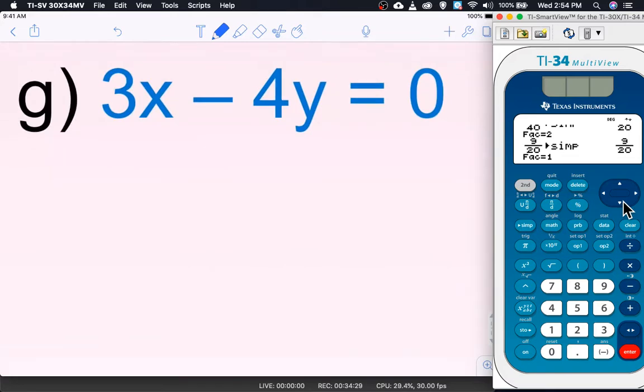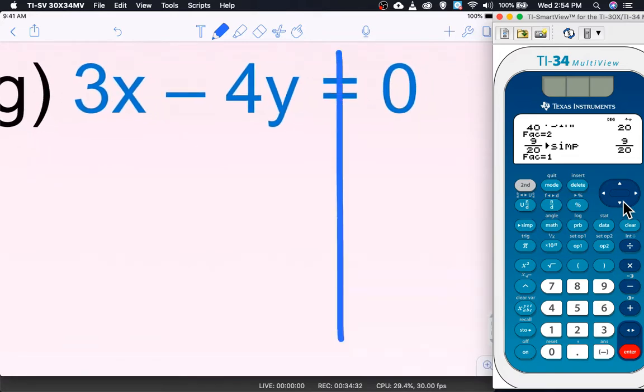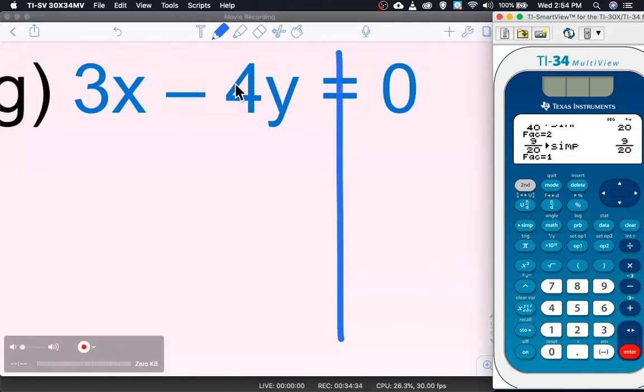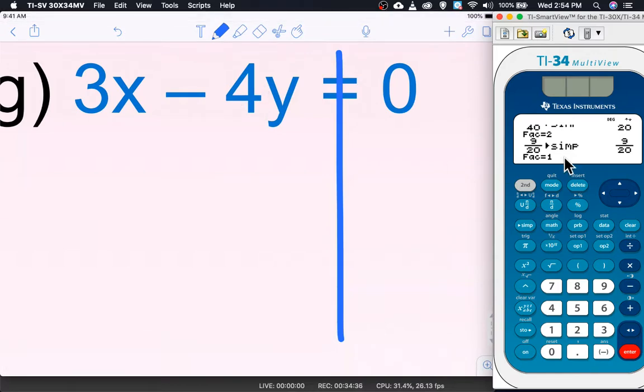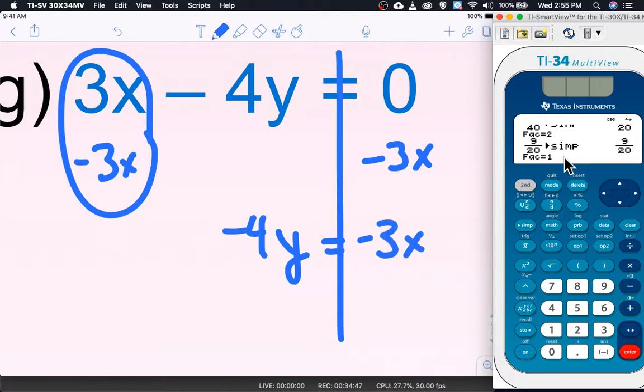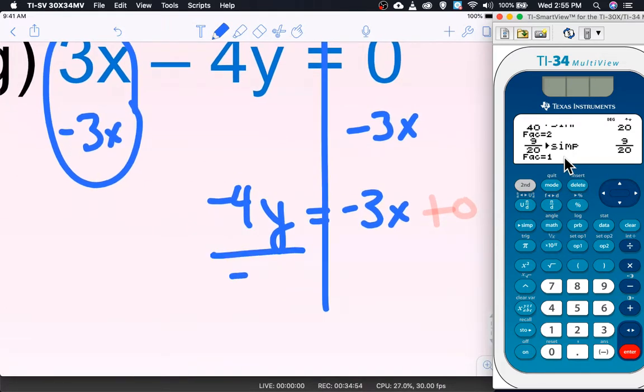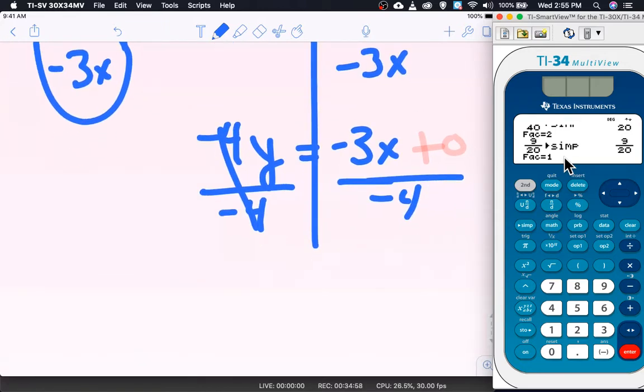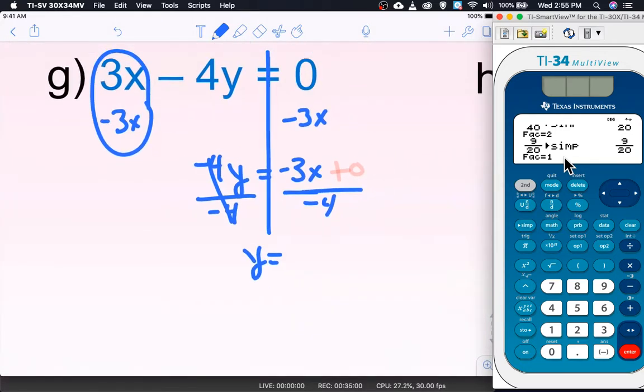Alrighty, letter G. Well, let's get to it. So we're going to divide by this negative 4 last. So we're going to get rid of this positive 3x first. So we subtract 3x on both sides. Negative 4y equals negative 3x, technically plus 0 if you want to keep him there, but we don't need him. I'm going to divide by -4 on both sides, and we have y equals